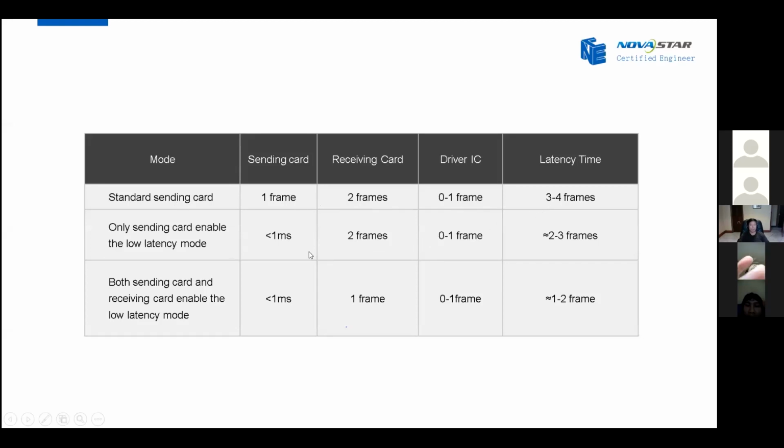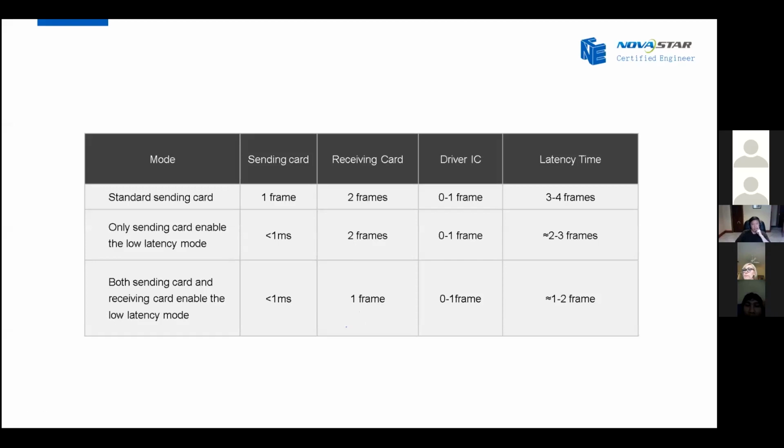Then its latency will change to less than 1 millisecond, so it's about 1 frame of improvement. And when we enable the low latency feature on the receiving card, its latency changes from 2 frames to 1 frame. So that's also 1 frame of improvement.